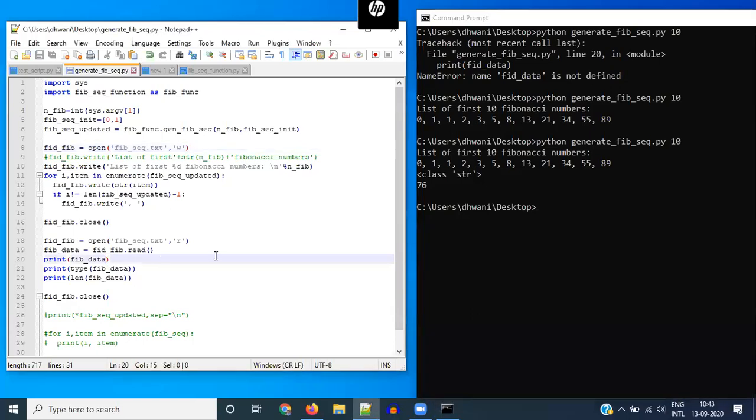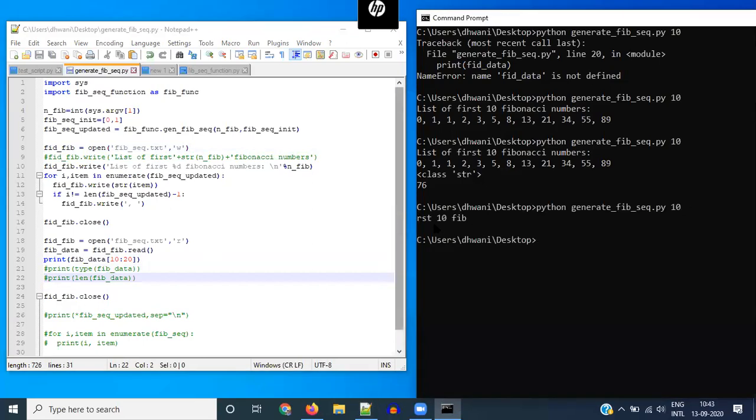For example, if you wrote print FIB data of say 10 to 20, we can comment these 2 lines now, save it, and yes, it's just indexed this data from 0 here, and then it's counted all the way till 10, and it has just printed 10 to 20.